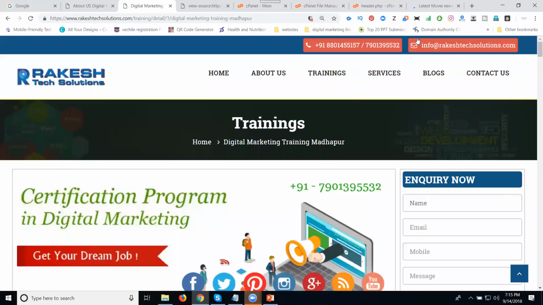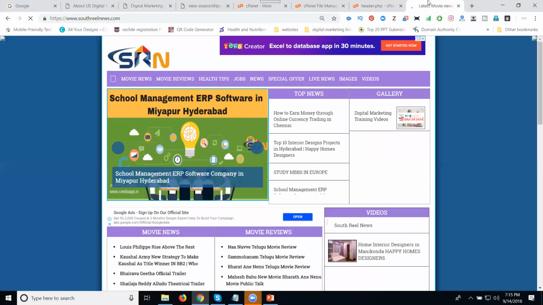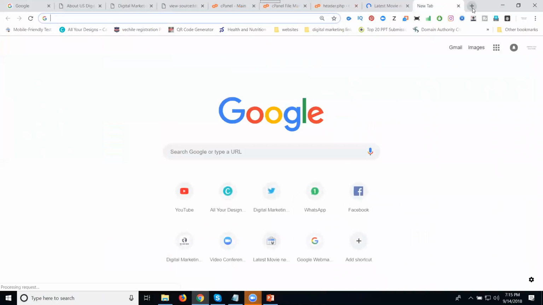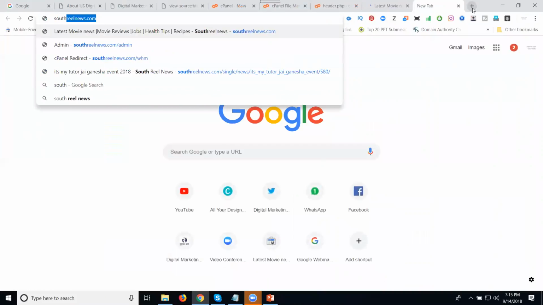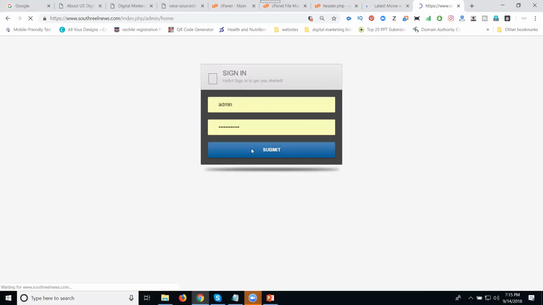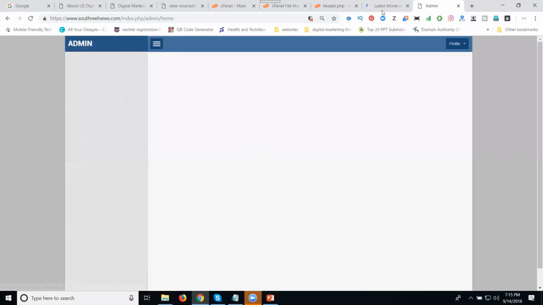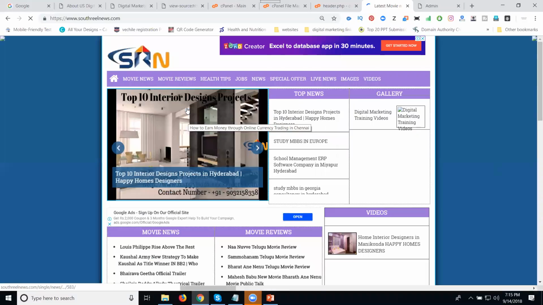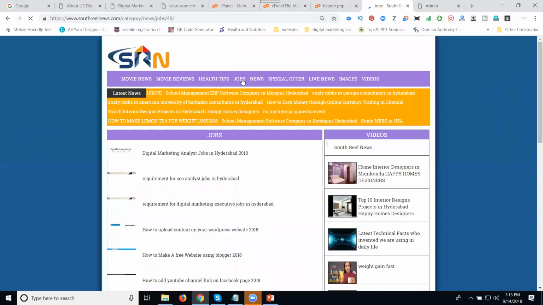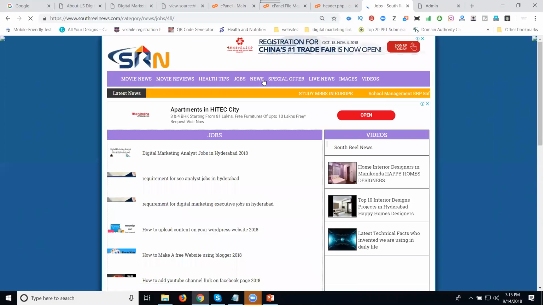I can go to an example, a particular website. This is one of the websites. If you want to compose any content, the option is the admin panel. Just log in to your admin panel. In this one, I can select other options, such as jobs. There are so many things here.